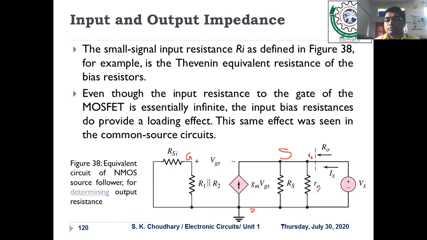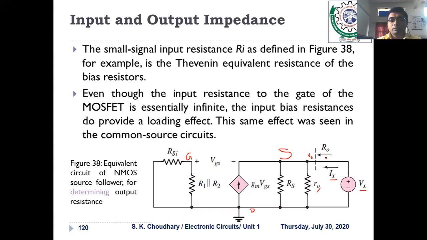Now we have to connect a test voltage, called Vx, at the output network, because we are finding the output resistance. So we connect a test voltage source Vx across the output terminal, and that generates a test current, Ix, and from this terminal we calculate the output resistance R0. Now see the description. In parallel you should also draw the circuit diagram, otherwise it would be very difficult in future to remember all these facts.